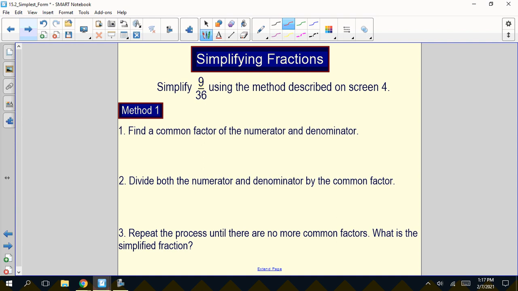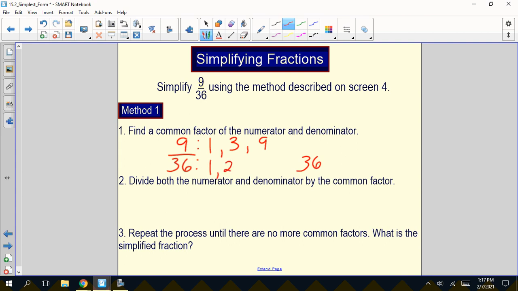Let's move on to the next problem here. 9/36. So we're thinking again, what numbers go into 9 and also go into 36? Well, numbers that go into 9, we're looking for factors here. 1 times 9 and 3 times 3. Numbers that go into 36, 1 times 36,